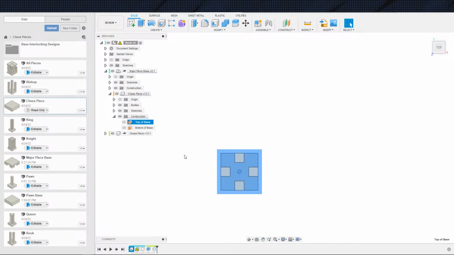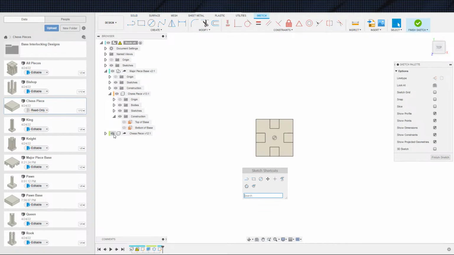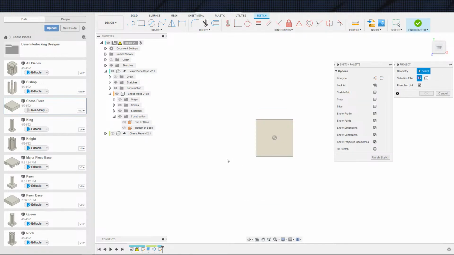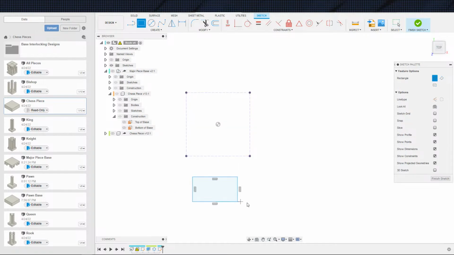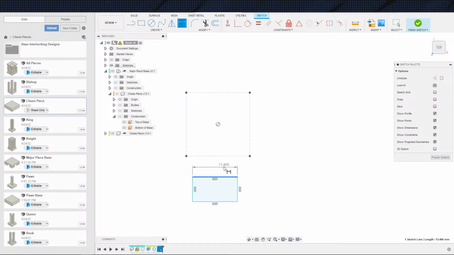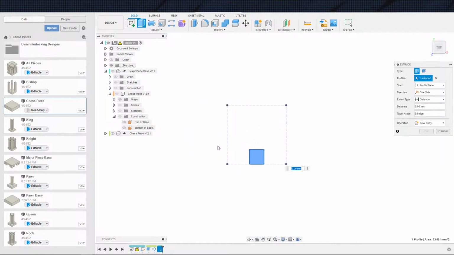So we're going to come here, project, turn off, project that guy, make construction lines, turn off bodies, toss a square in here. Top base ref divided by 4 is what we did, and these are equal, and that is centered on that. Cool. Finish, and then we're going to extrude that